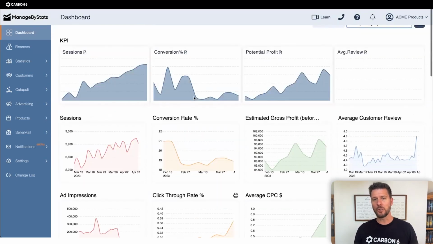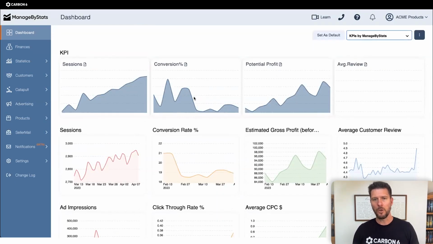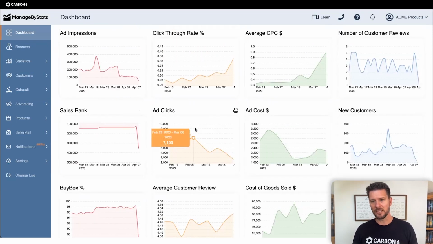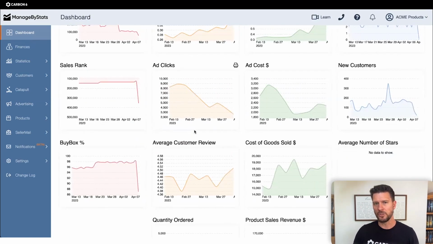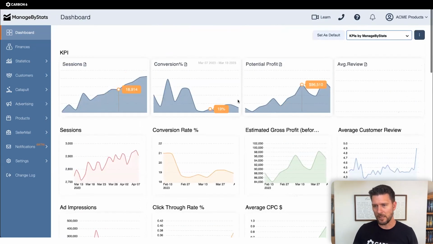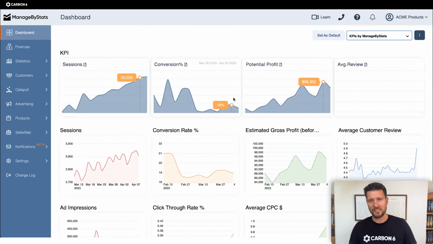Okay, so now you can go, okay, if my conversions are dropping, what areas could be affecting that? It could be my advertising clicks. Okay, let me jump into that area and see what I'm doing wrong with my advertising, why I'm getting less and less clicks. So it helps direct your attention to the area that you'll need to go fix, that could then result in getting your conversions going back up. Okay, that's the first element.